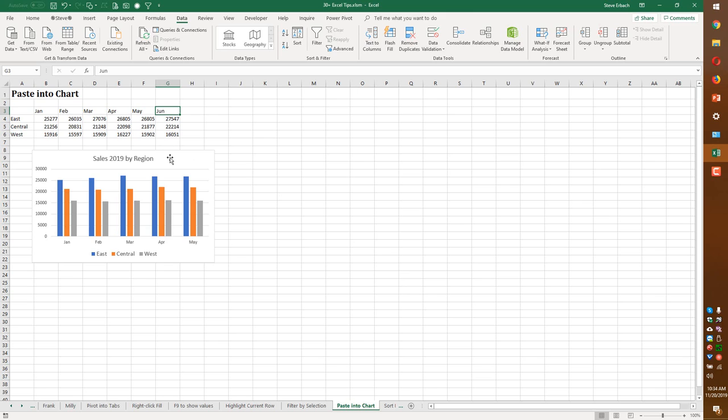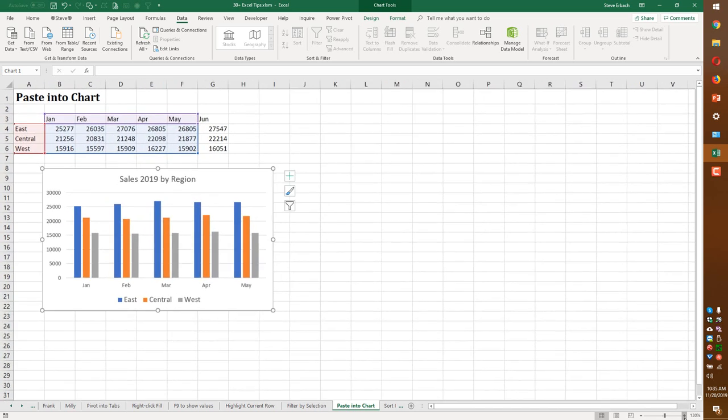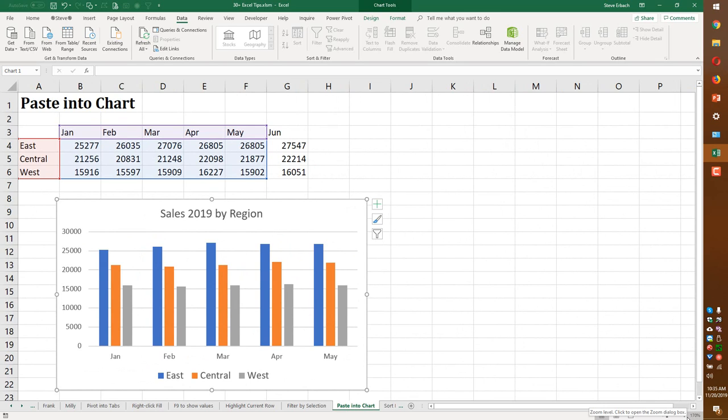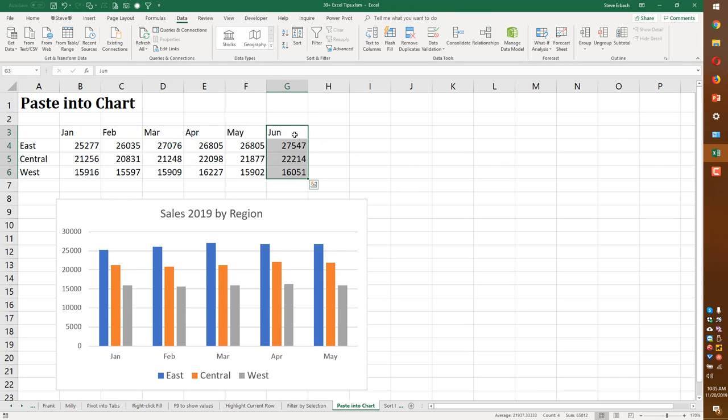This chart right here was made showing January through May sales. Let me make this bigger again. January through May. But now I've got June, and I just typed those in. Do I have to go into the graph and change the data range and be careful about how I move my mouse or my keyboard, because it's a pain in the neck. I don't know about you, but every time I try to change a range on a graph and I accidentally hit the arrow key and boom, it points to a new cell. Okay, all I need to do is select that range and